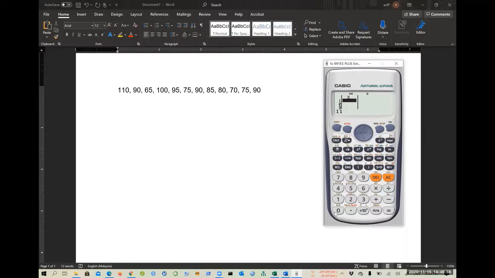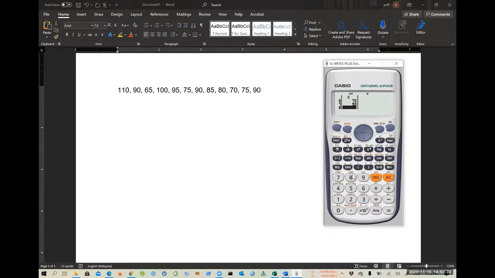You are ready to enter the data, so enter the data correctly. So 110, click equal sign to store the first data, and then 90, equal, and then 65, equal, 100, equal, 95, equal, 75, equal, 90,